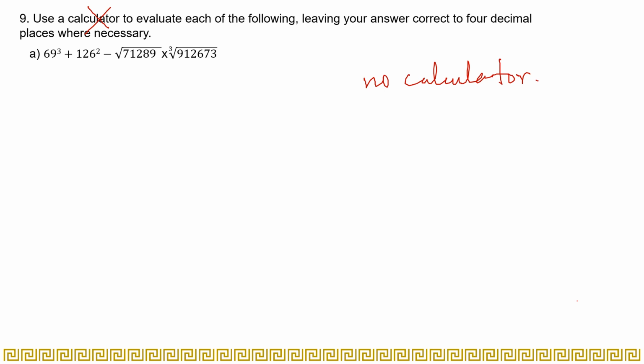See the first part, 69 cubed plus 126 squared minus the square root of 71289 multiplied by the cube root of 912673. Now the first term, 69 cubed, you just have to multiply 69 three times. That you have already learned in your lower classes, so you can easily do it. And when you solve this multiplication, you come up with an answer like this, that is